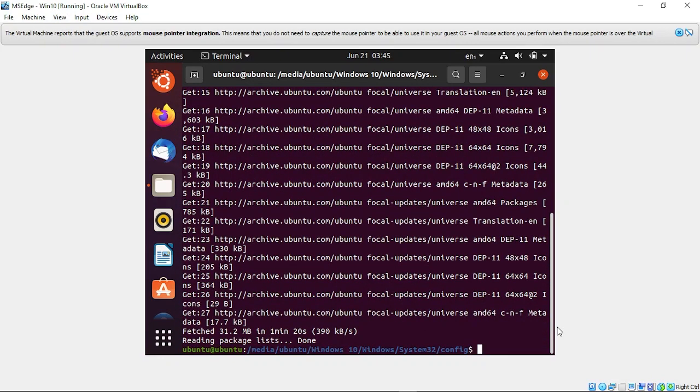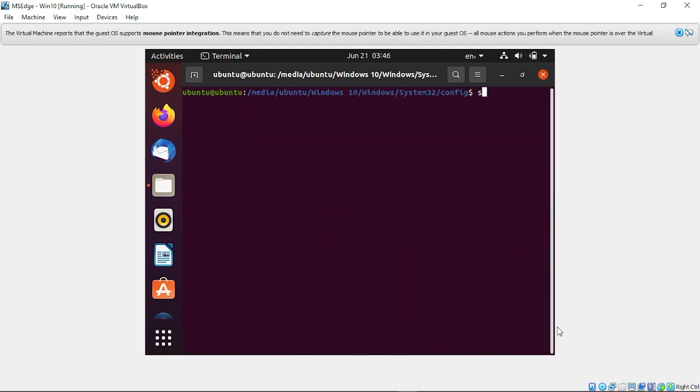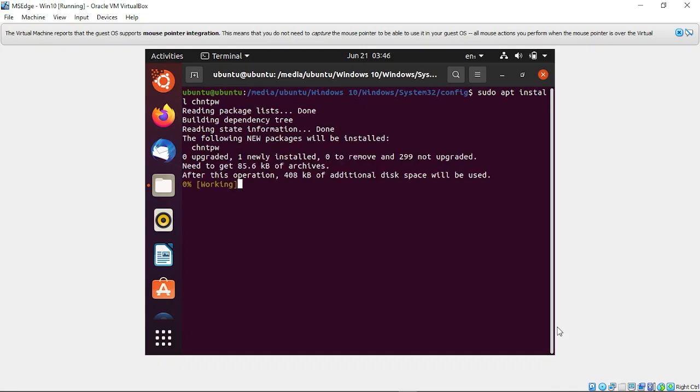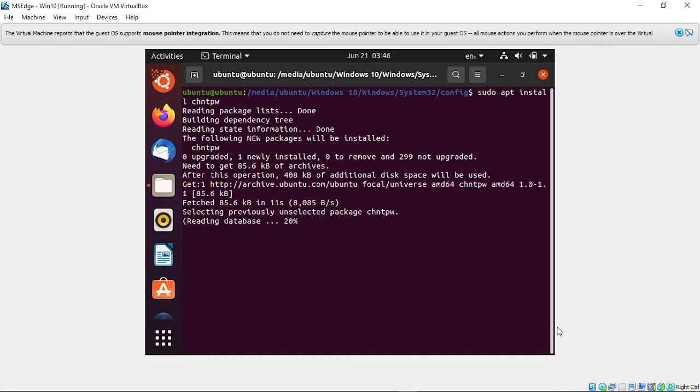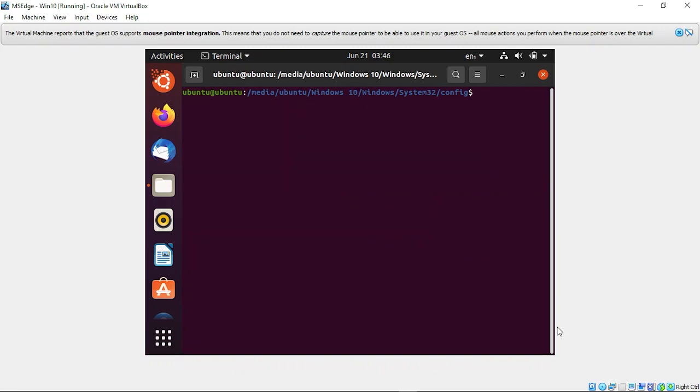Now we are going to install the tool. I'm going to clear this and run sudo apt install chntpw. Great, now this tool is installed.